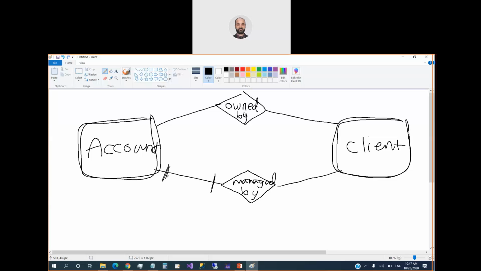Okay, and every client could have an account manager. So this one is 0-1 and this one is 1. And this account is owned by one person. So this one is mandatory 1. Mandatory 1. So the relation here is